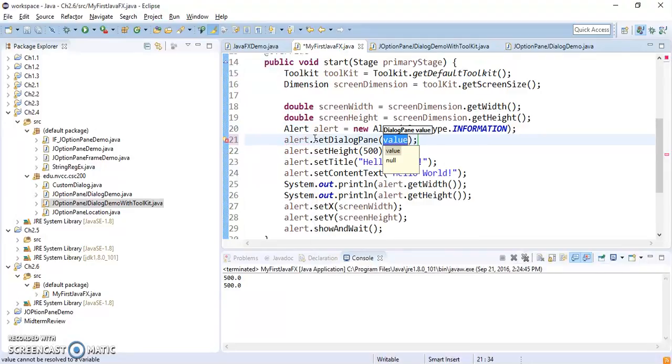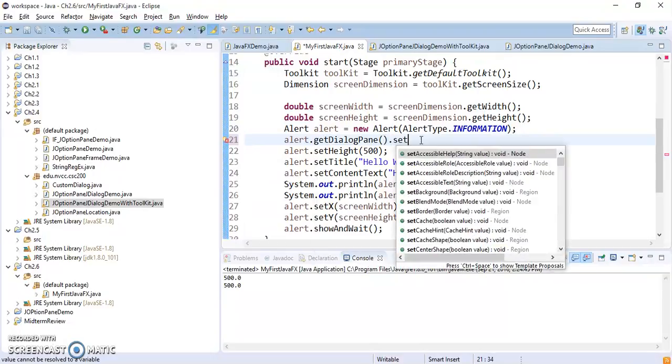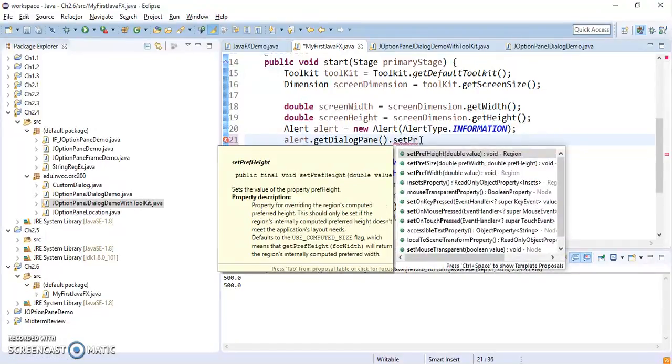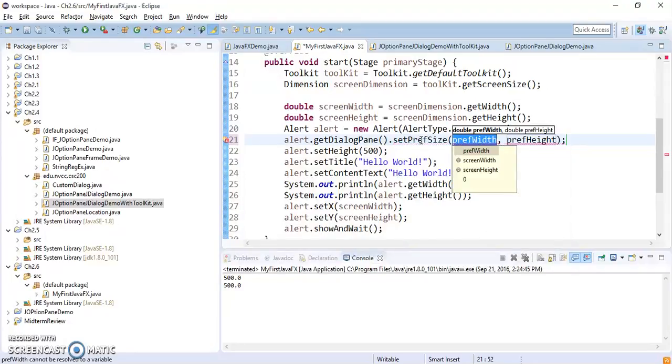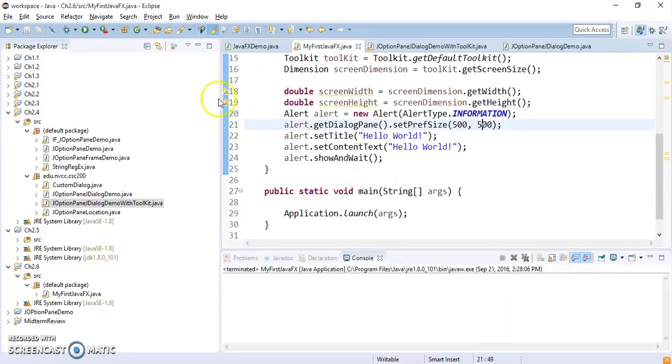I need a dialog pane, which holds the values of the dialog pane here. Actually, I need to get the dialog pane and set preferred size. Let's say 500 by 500. I need to delete the line that we